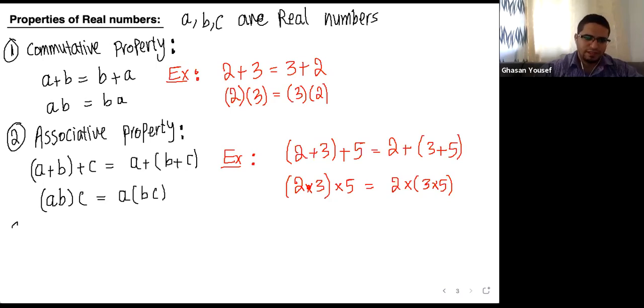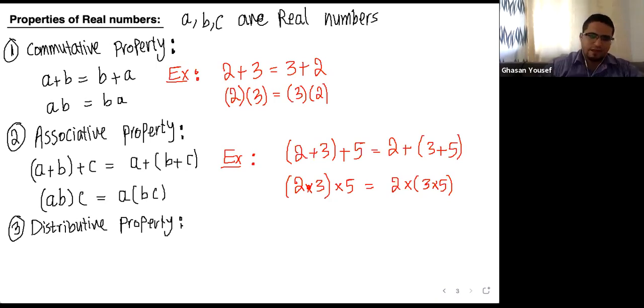The third property is called the distributive property. What does that mean? Suppose I have A times, in parentheses, B plus C. So I can distribute